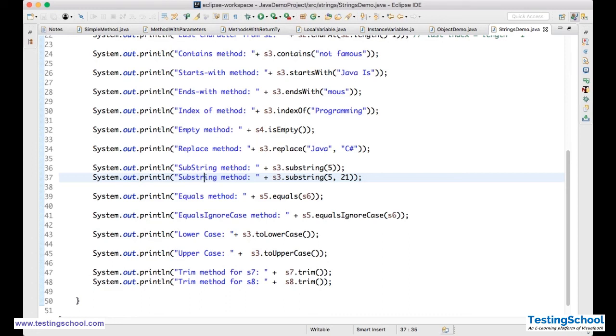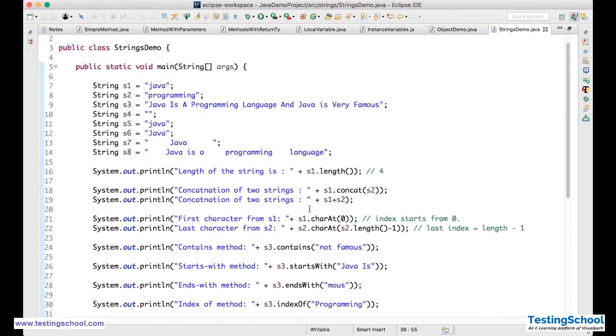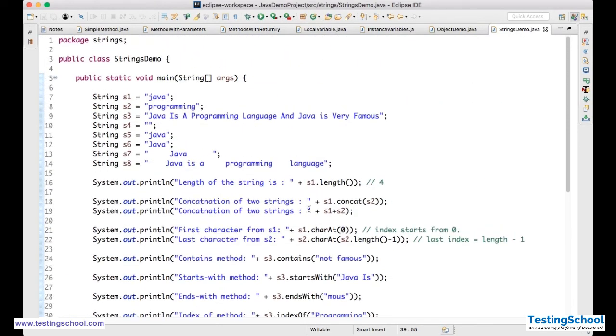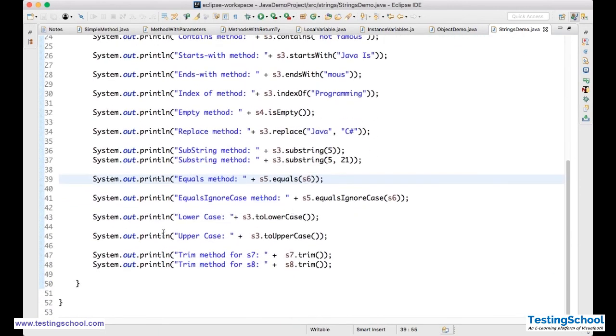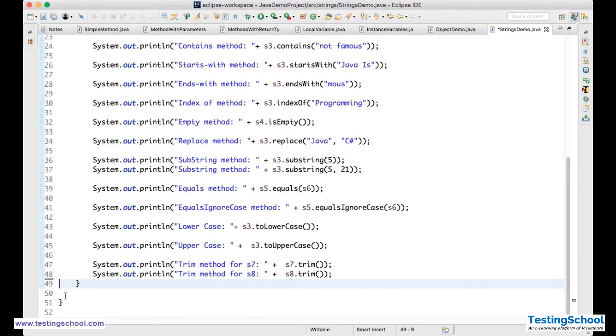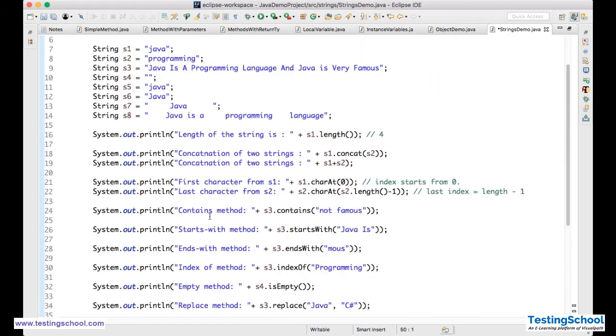Okay, that is all about what is a string. Okay, these are all the different methods available in string. Very important. You need to know all these methods. Very much helpful. So many places we need these things. Okay, string is a class.